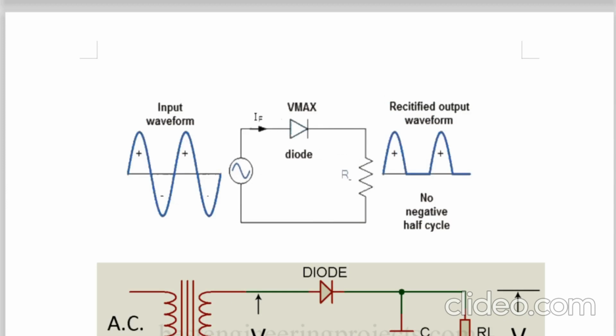And in this way, it is said that the rectification of a very low amplitude AC voltage, such as 1 volt or 2 volt or less than 1 volt, say 0.5 volt. Now if you apply 0.5 volt here, and you want to convert that AC voltage of 0.5 volt Vp, which means peak to peak 1 volt, into DC, the conversion is not possible because the diode starts conducting after 0.7 volt.